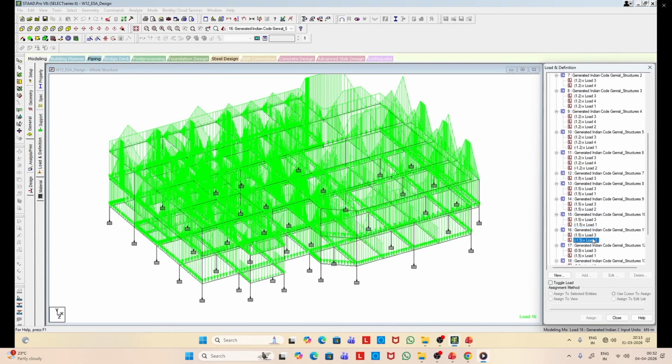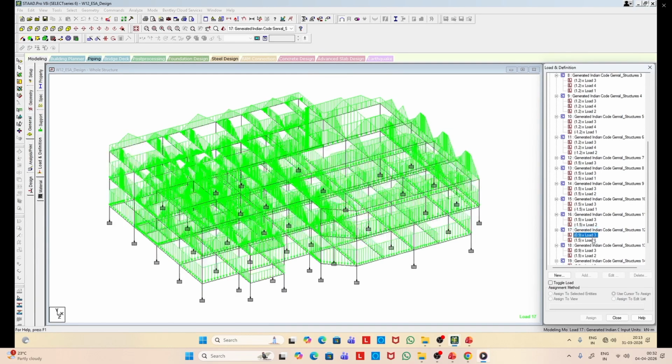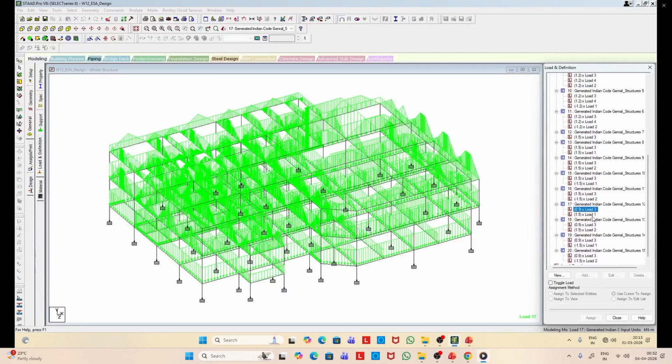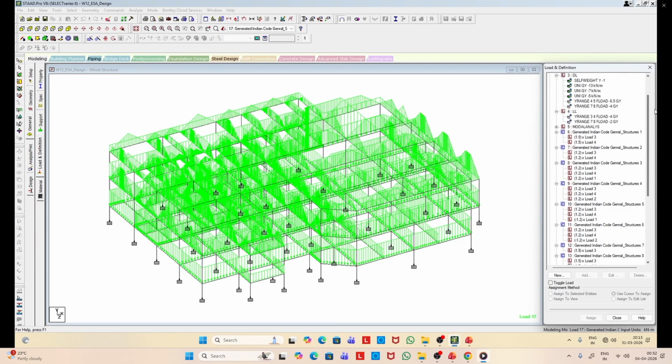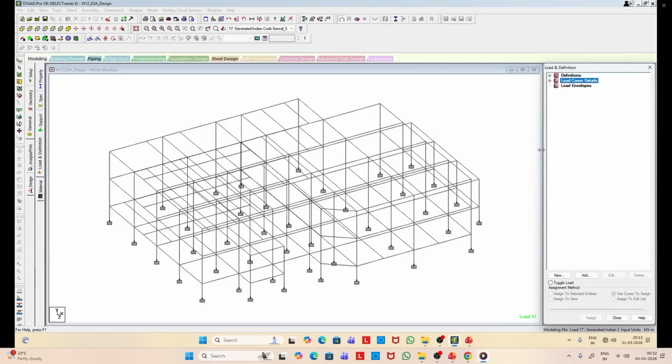So likewise, all these factors differ in different load combinations, and just by checking the load case number, you can identify which combinations we are dealing with under which number, okay? Those numbers will appear once we complete the design, and we'll see different members will have different critical load case number.